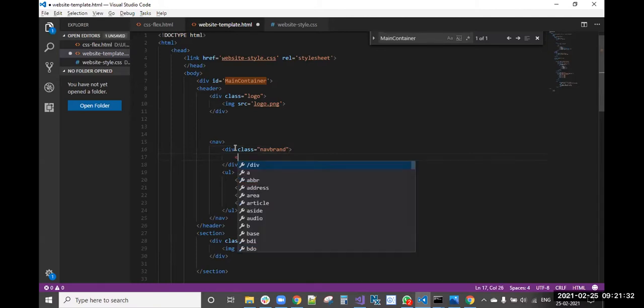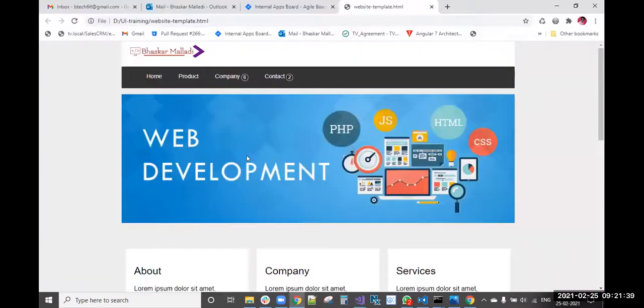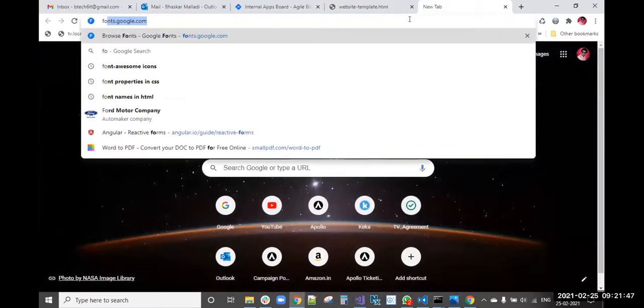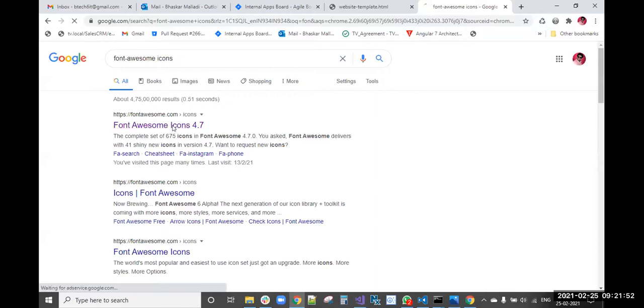Inside it, we will get that image. If you want, you can take that bar image, or otherwise, we need to use the font. The Font Awesome icon we need to use actually.